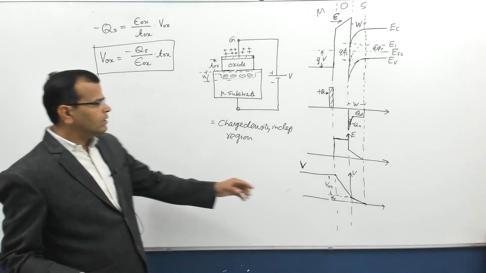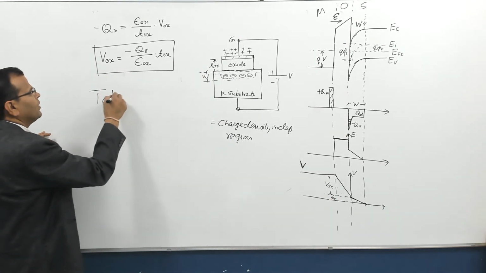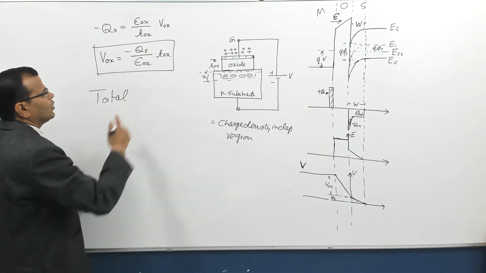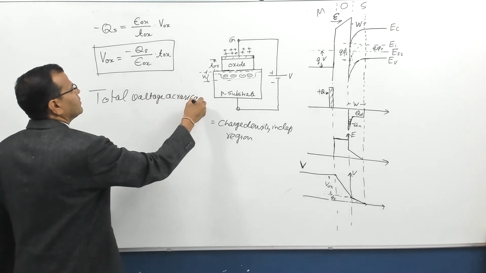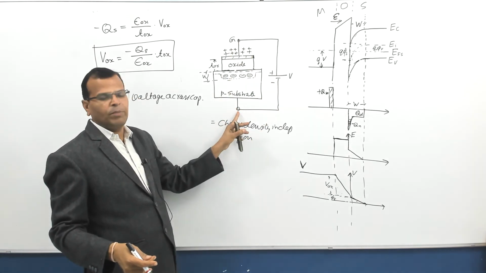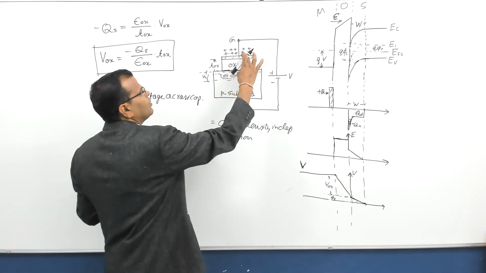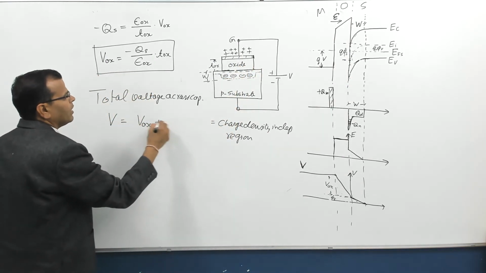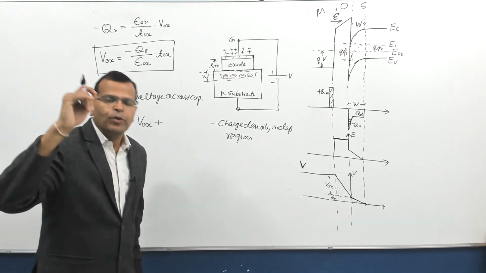But what is the total potential here? Please see this total potential, or total voltage across the capacitor. From this gate terminal to the terminal of the substrate, that is capital V. So capital V is equal to the drop across this layer plus the drop across the depletion layer. So the voltage drop across the oxide layer plus the potential drop across the depletion layer,